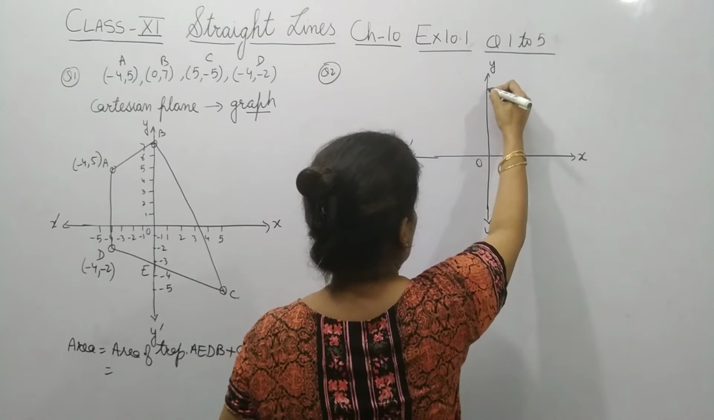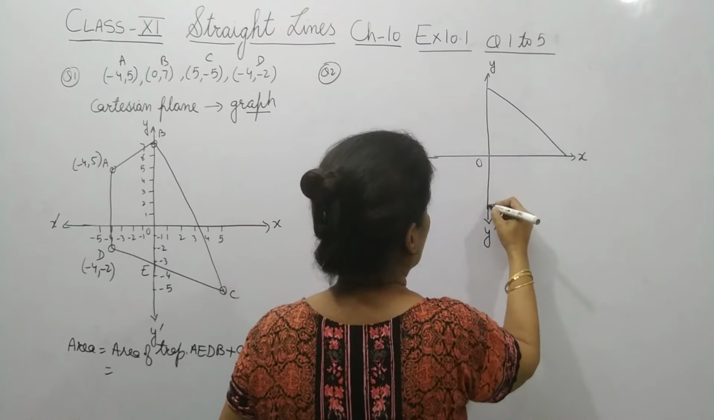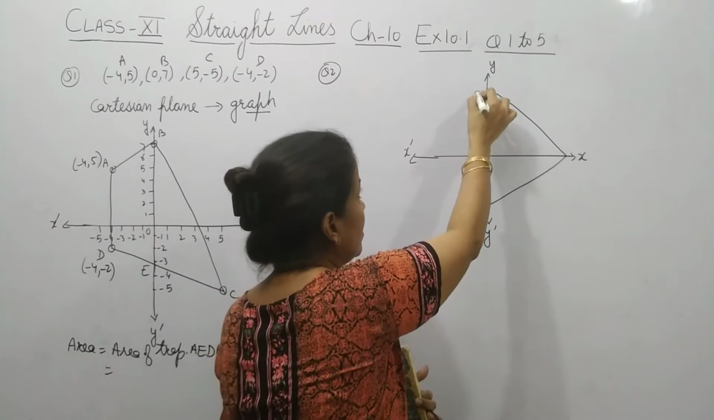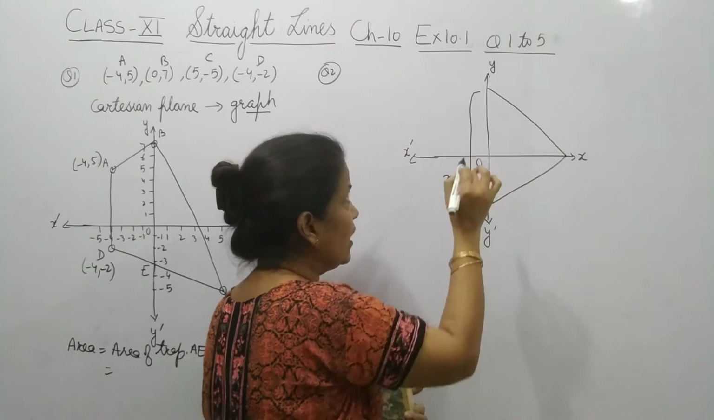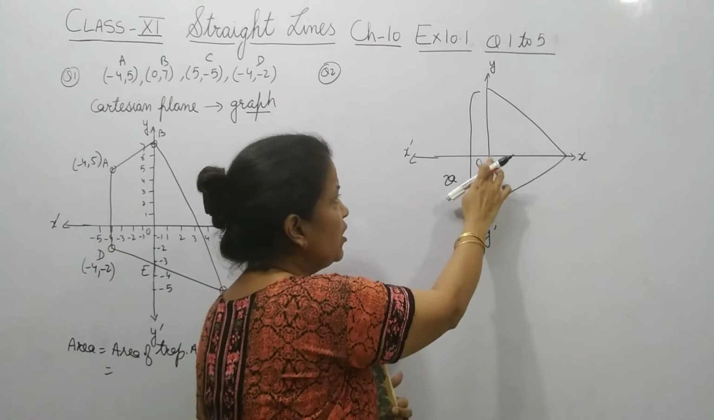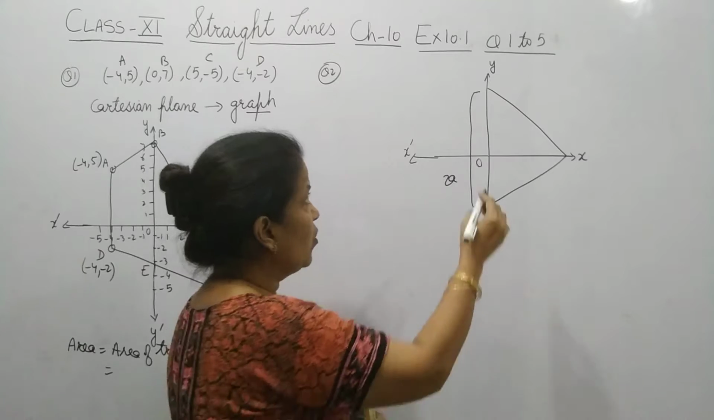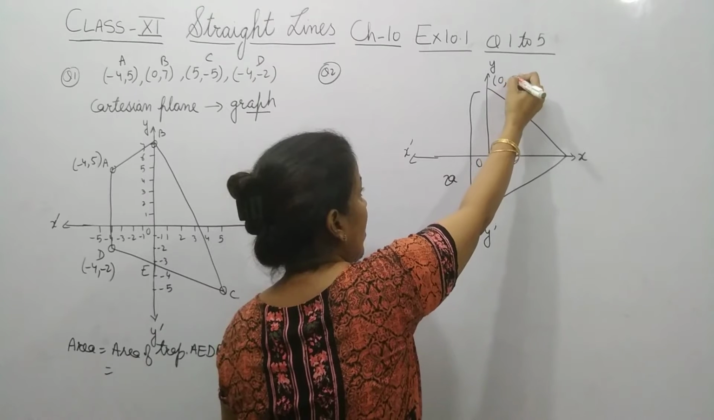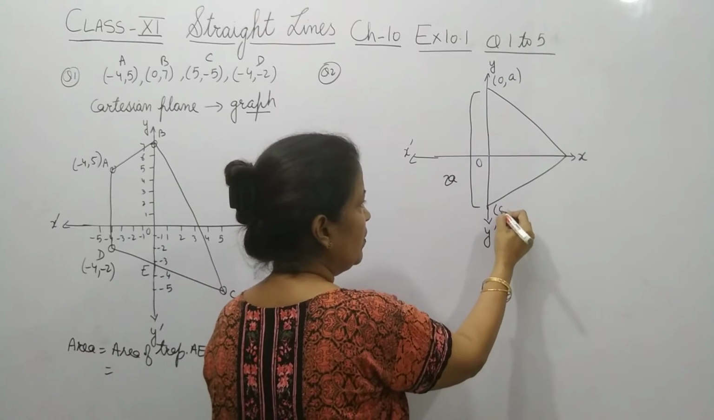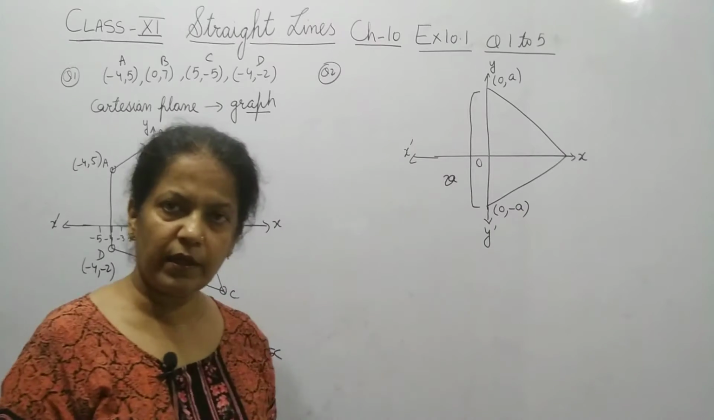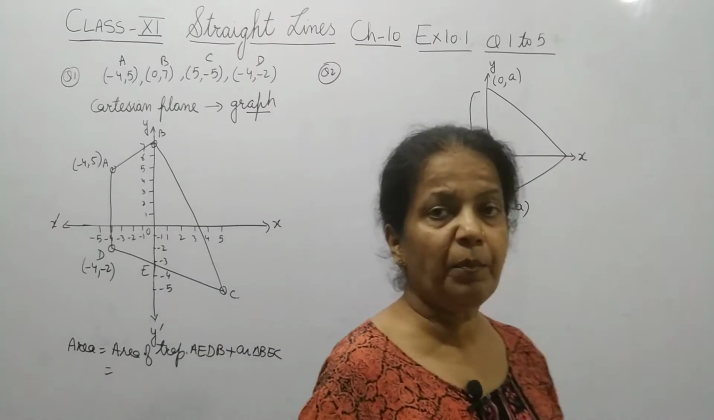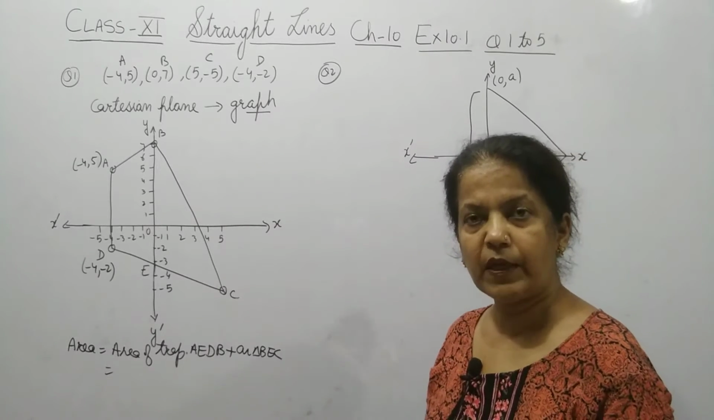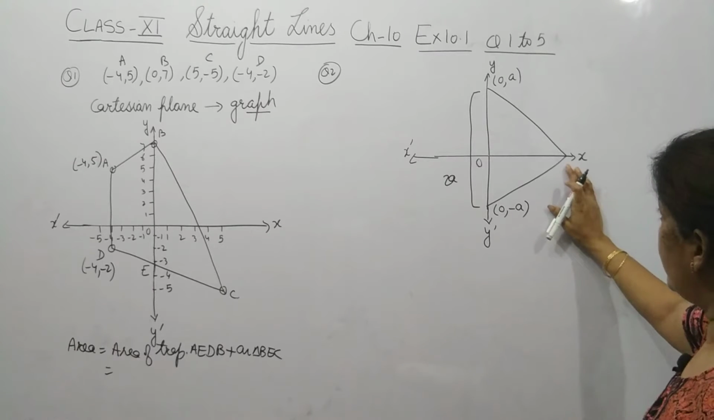So let the figure be like this. It's given that the whole side is 2a and the midpoint is at the origin. So the coordinates in this case will be 0 and a, and here it will be 0 and -a, isn't it? Now here in the question it is written that it's an equilateral triangle. So we will take, let the coordinate